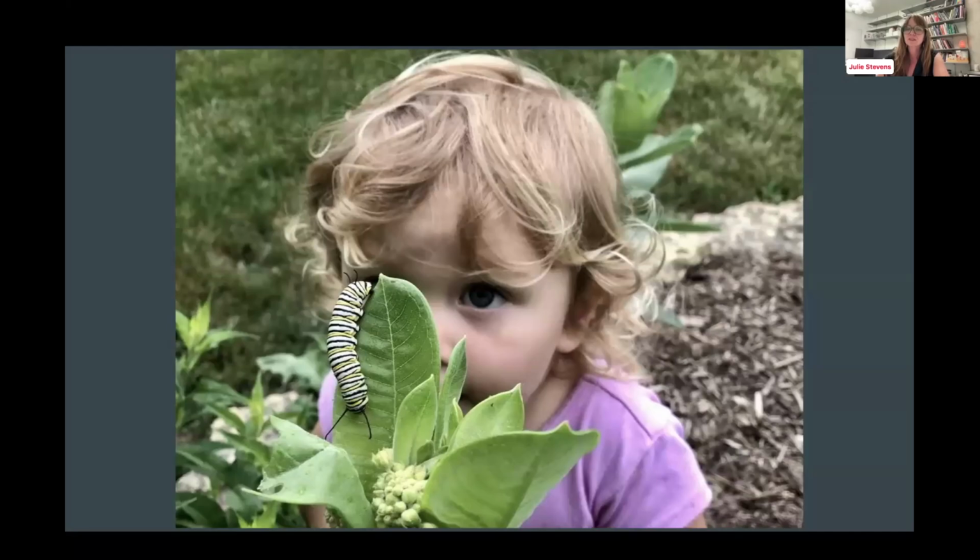And is it the most aesthetically pleasing space? No. But every year we have watched more and more monarch caterpillars hatch and make their chrysalises. You see those little teeny tiny caterpillars, just like the Hungry Caterpillar book, and they do get bigger. And then we see their chrysalises, and they attach on the craziest things, like the siding on our house. And to be able to watch the miracles of life and the miracles of nature happen right there out your window is absolutely priceless. So that's the top of my funnel.